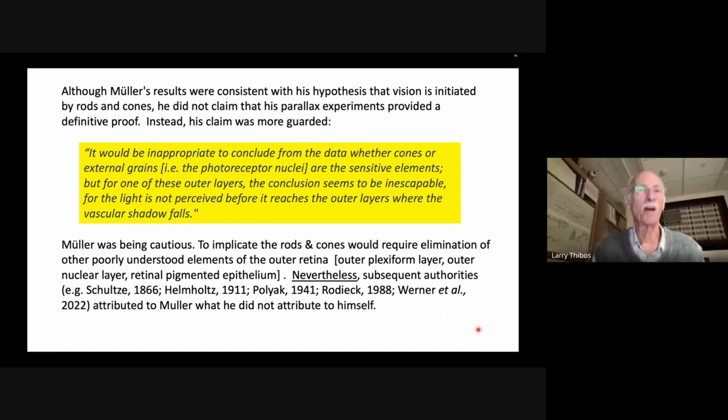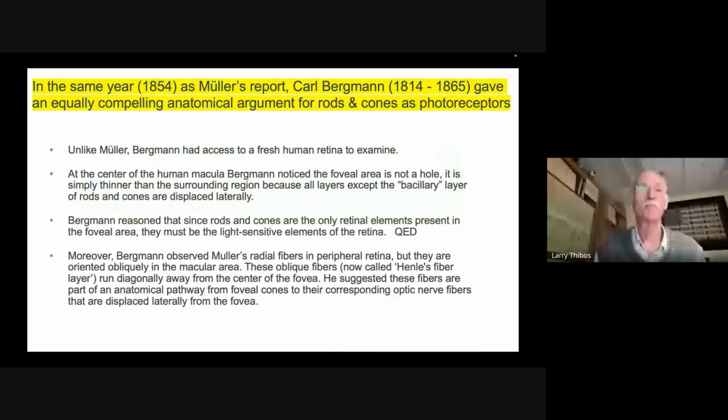And most recently, Werner et al., just in the past year. They all attributed to Müller what he did not attribute to himself. They said that he proved that rods and cones are the recipient of light. Now,